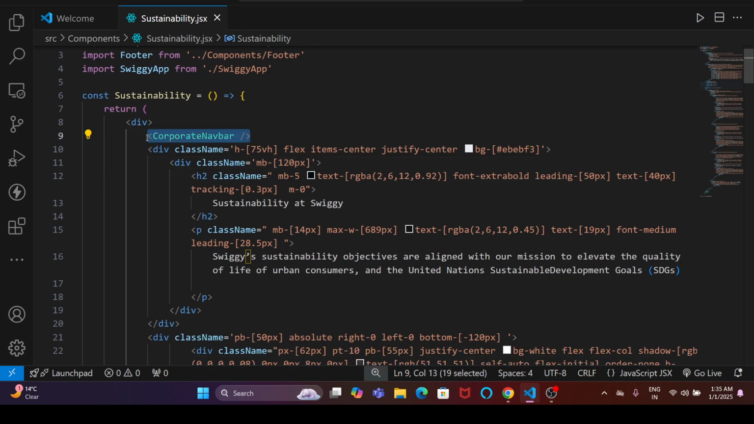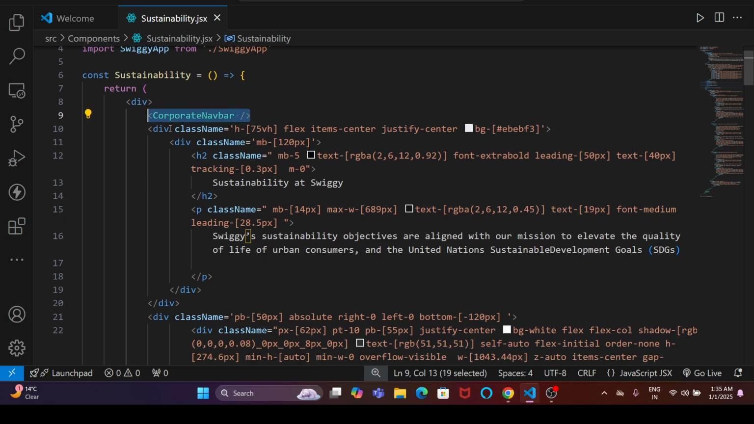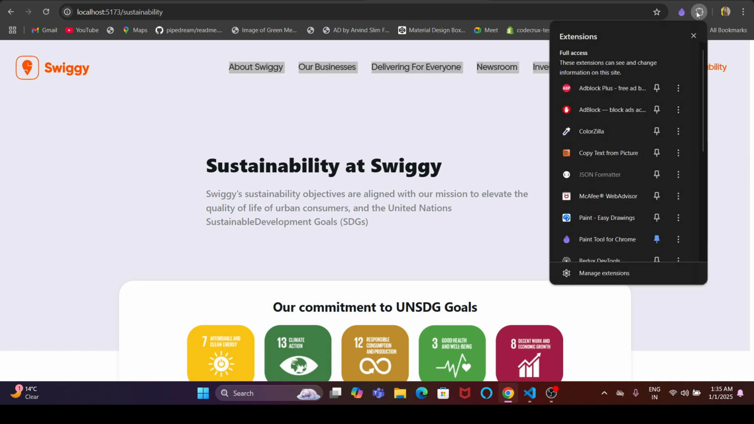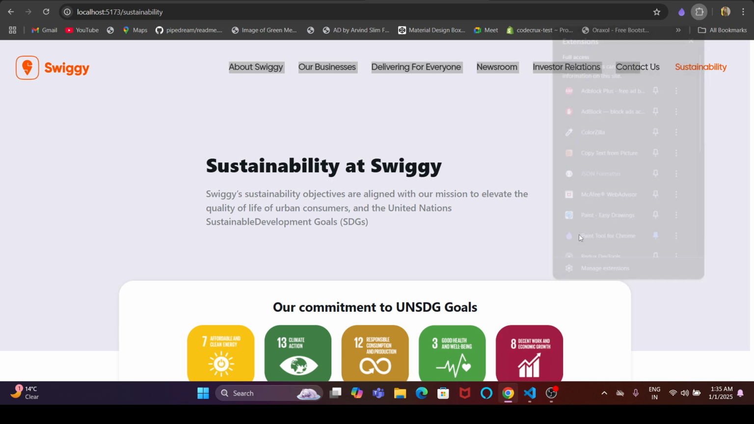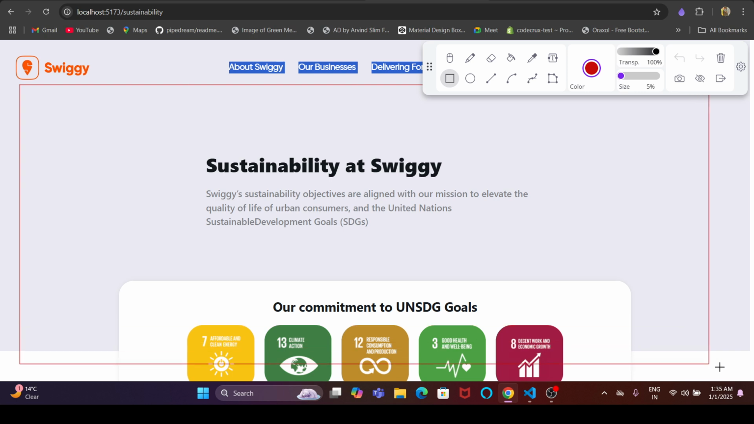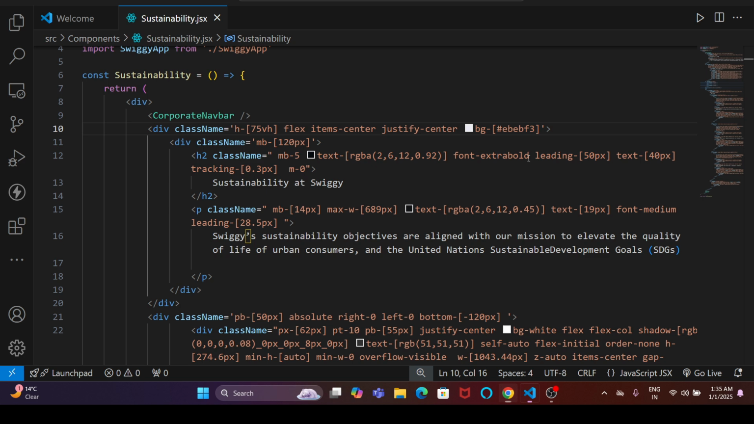This is nav corporate. This is the corporate navbar, and height is 75 viewport of this. Here is height 75 viewport, and